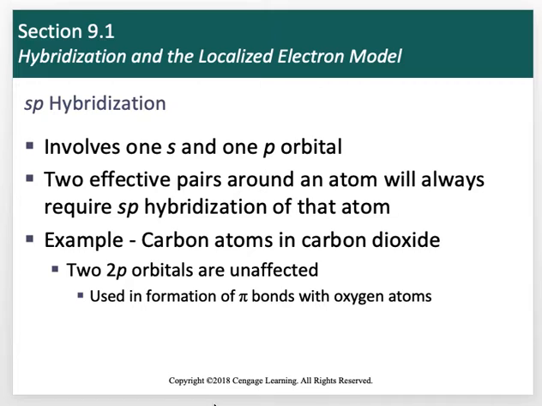So, sp hybridization. We've done sp3, which is where we have 4 bonds, tetrahedral. sp2, where there are 3 bonds, trigonal planar. And now we're going to do sp. 1s, 1p. 2 electronic groups. What shape does that have? Linear. So this is when we have one s orbital, a singular s orbital, and a singular p orbital doing